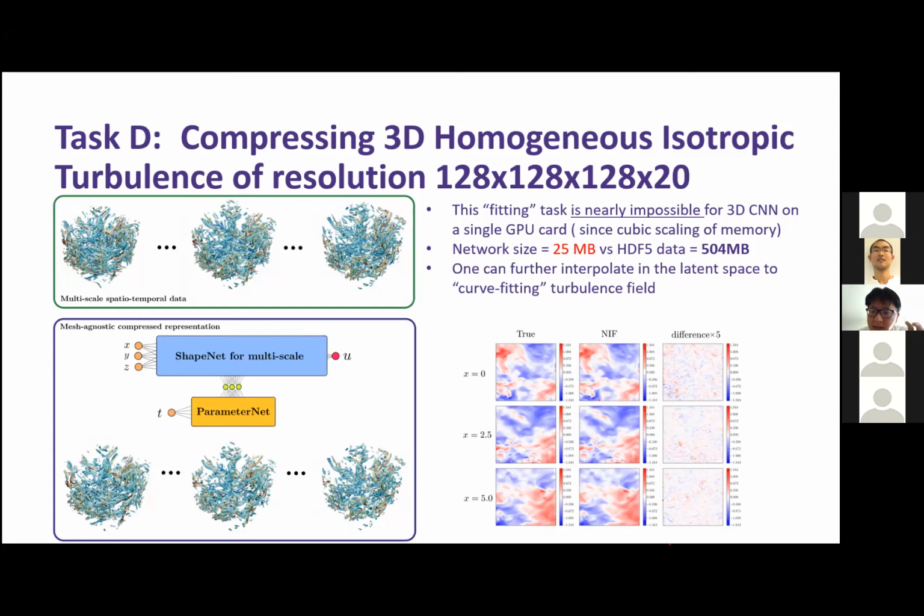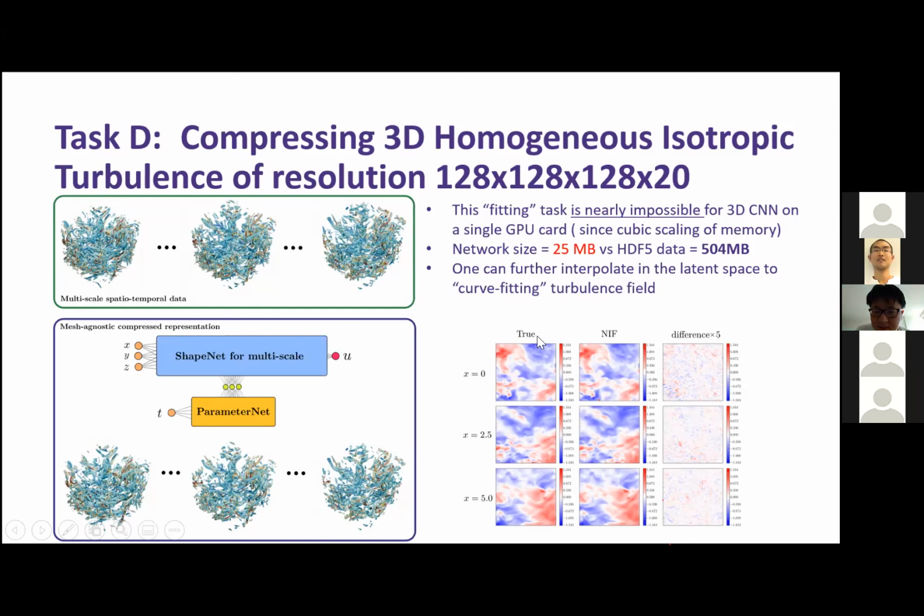The signal complexity is not really that high in the data set. Then you can safely give this model to your colleagues, and these colleagues can easily analyze and play around with this data set to analyze all those turbulence statistics with variation to the Reynolds number. So this task is actually pretty impossible for CNN, but it's kind of okay for implicit flow. Although I do have a really long training time, which I will show later.